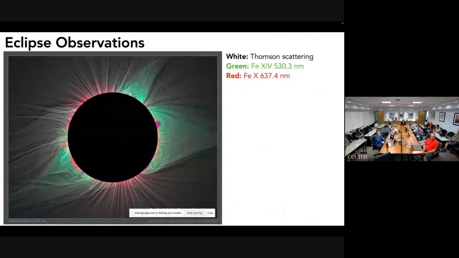So, eclipse observations. We know the moon is the best occulter, and there are a couple of spectral lines in the visible and a lot more in the near infrared, as Jenna might do for the 2024 solar eclipse. Here I just show you a composite image of the white light, the green line from iron 14, and the red line from iron 10. And as you can see there,